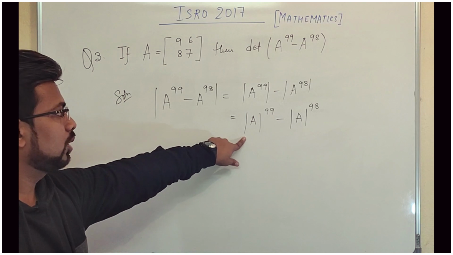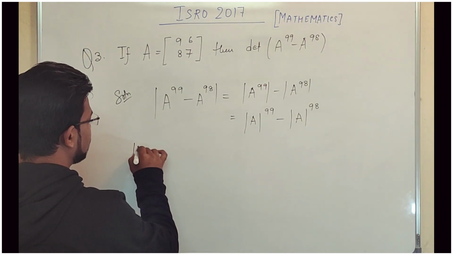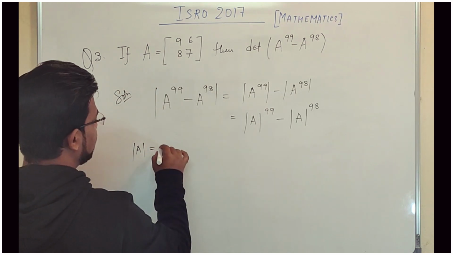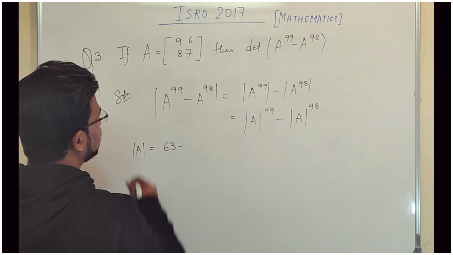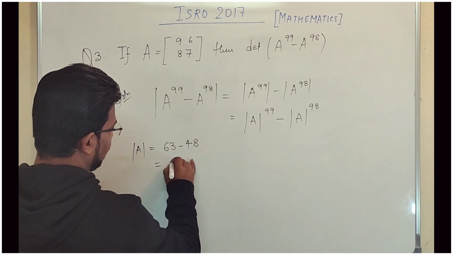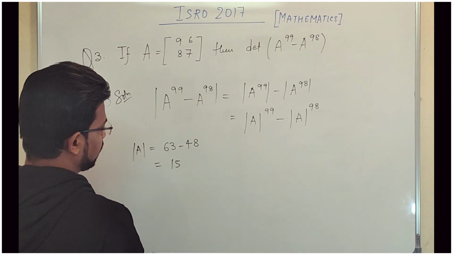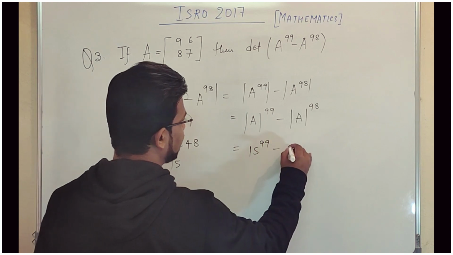So for this we need to know the value of determinant of A. So determinant of A is what? 7 9s are 63 minus 48. Here we have 15. Okay, so here you can put 15 to the power of 99 minus 15 to the